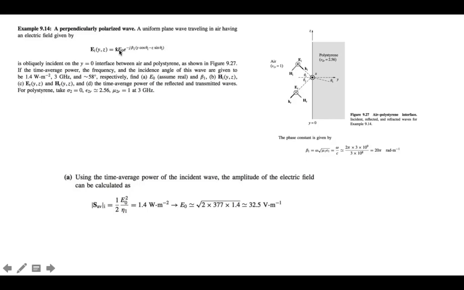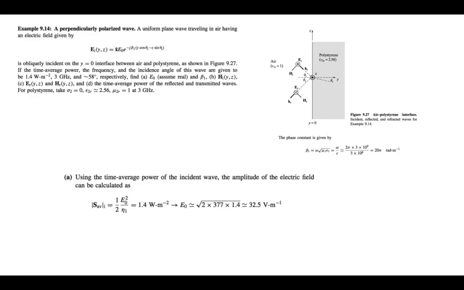So basically we're going to solve for all of these constants so that we can get an actual expression with numbers here. We're not given the magnitude of the electric field, but we are given the time average power. And we know the relationship between the time average power and the electric field is that average power is 1/2 E naught squared over eta 1. So if we then substitute in for